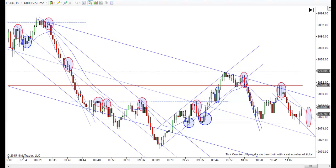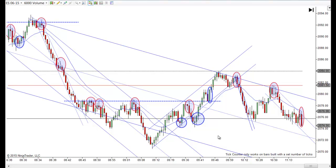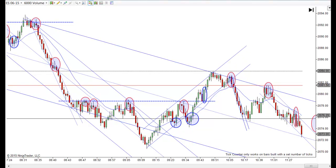There's a second entry short right here, but again, I was a little bit leery of it because of all that overlap, and I'm just kind of watching this 6,000 tick chart. I kind of switched over to it, so I wasn't 100% sold on it yet. But looking back at it now, once it broke higher and turned down, you really should have gone short right there, because that's the first break of this bigger channel here. But when we got that failed break lower and it bounced right off that suspected trend line right up through there,